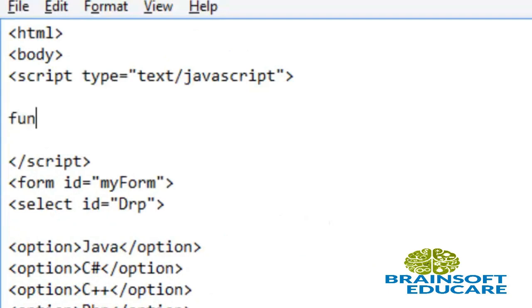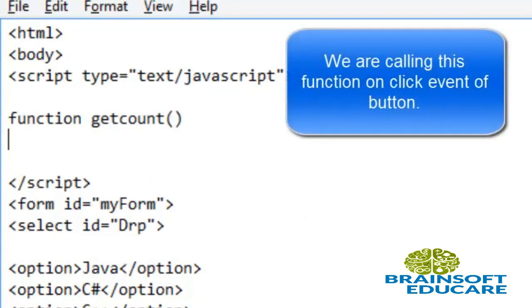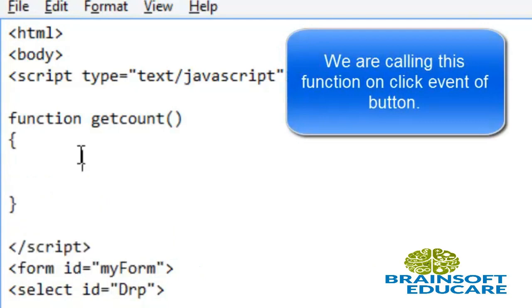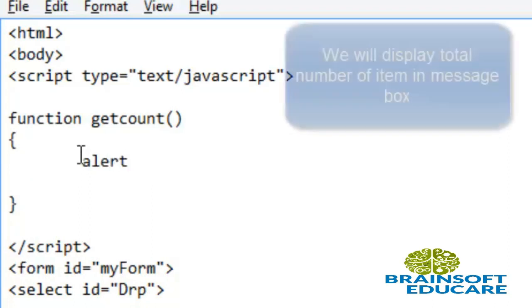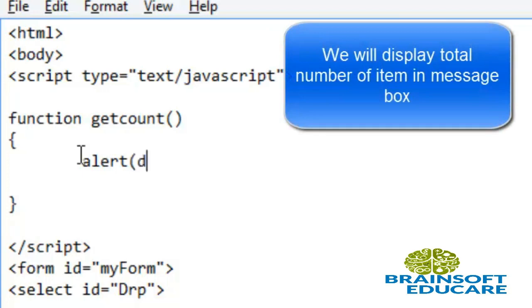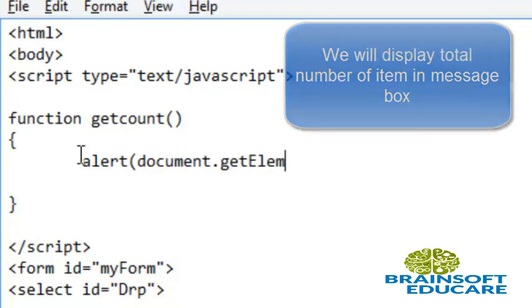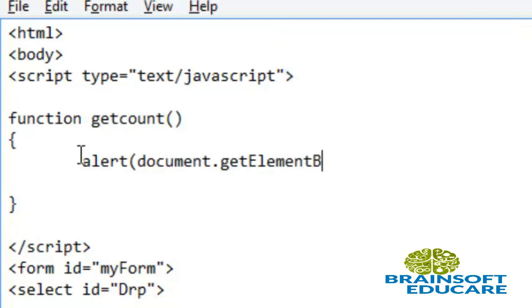So let's create function get count. Now on the click event of the button I want to display alert box which gives total number of item in the drop down. So I am writing alert document dot get element by ID. I am passing ID of drop down which is drp